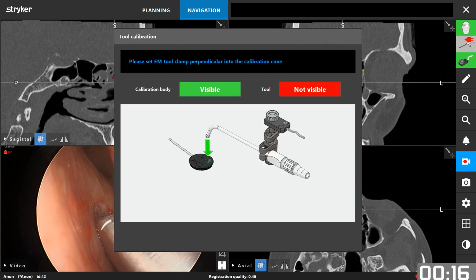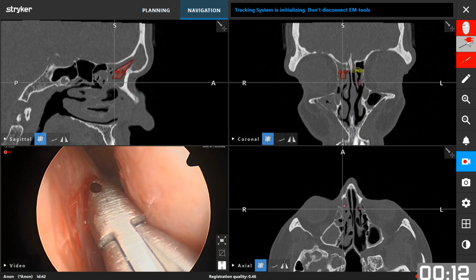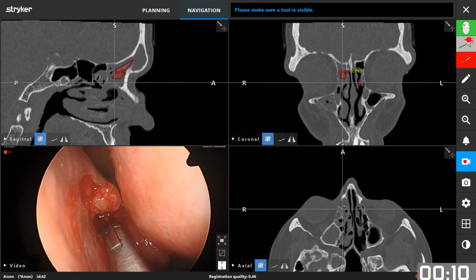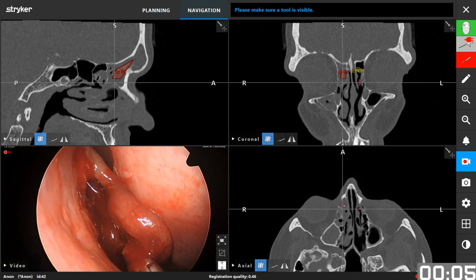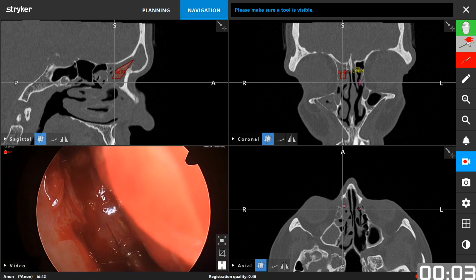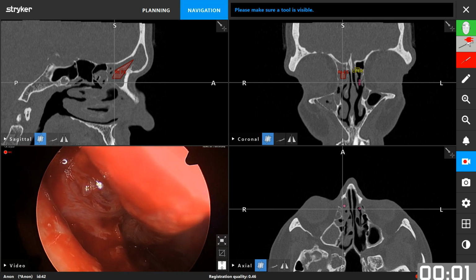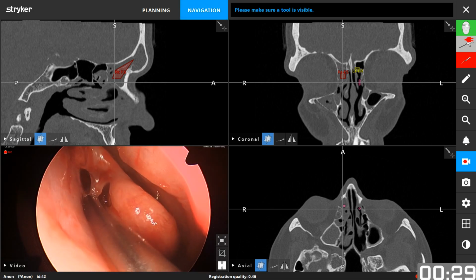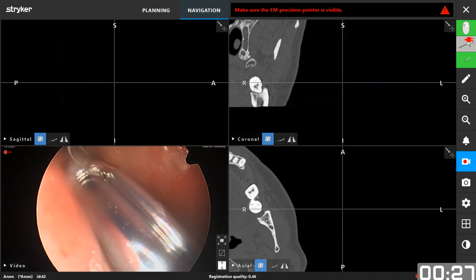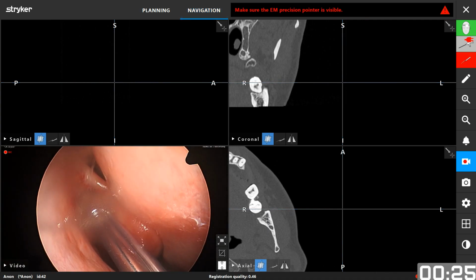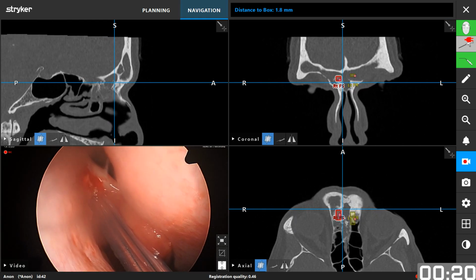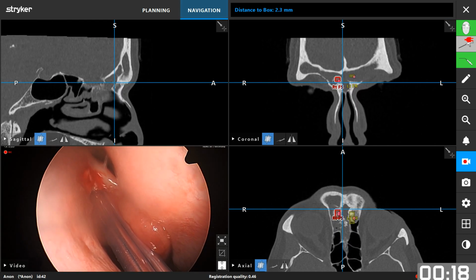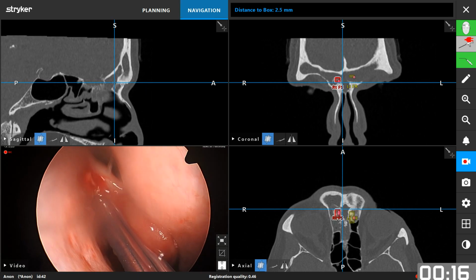Because this side was the easy side, it didn't take much time. The other side, which is the side that has the fistula developed, you can see that there is an ossification there. So it takes a bit of time. We have to drill a lot, to be honest, to get to the frontal recess. But in this case, you can see this is the frontal recess, easily accessed. Just a little bit of widening and removal of the tissue surrounding it, we can get easily to the